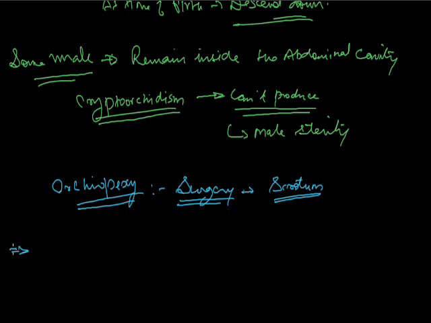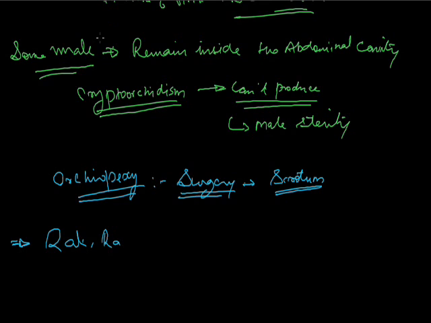Now we are talking about human beings, but other than human beings, some other animals also have the testis as the male reproductive organ. So is it necessary that in all organisms the testis will remain outside the scrotal sac or inside the abdominal cavity? The answer is no. In some organisms like rat and rabbit, the testis will remain inside the abdominal cavity,